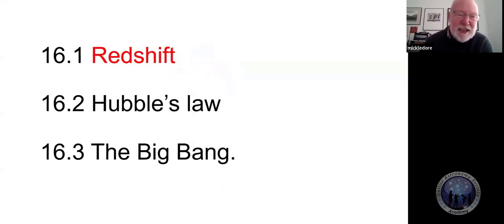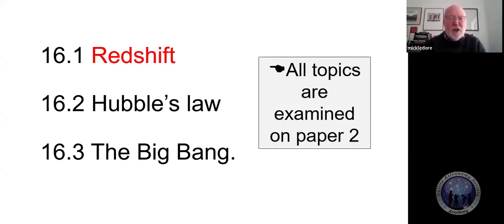Three topics today. We've got redshift, the concept of redshift that we've seen before. We've got Hubble's law. Hubble features a lot in cosmology. We've already seen how Hubble classified galaxies, and we'll be meeting him again. And the Big Bang, evidence for the Big Bang, evidence that doesn't support the steady state or the cyclic theory. We're going to be looking at some quite highbrow stuff in astrophysics. So let's get on with it.